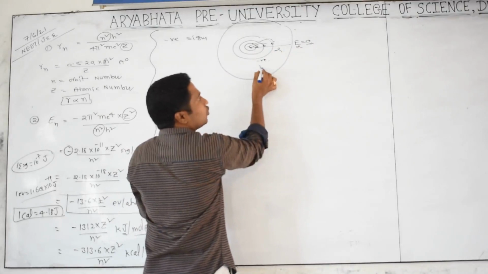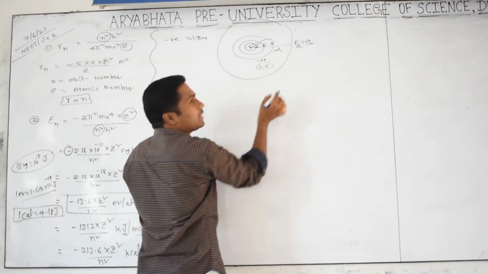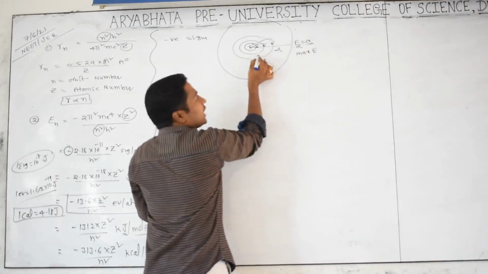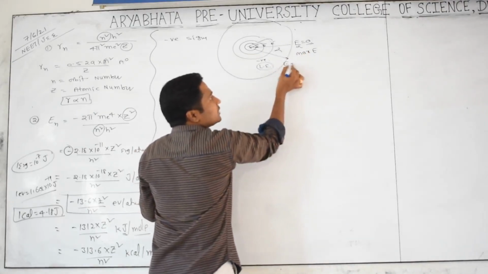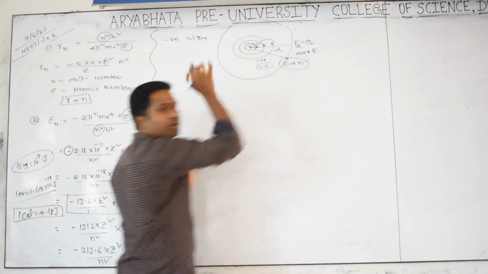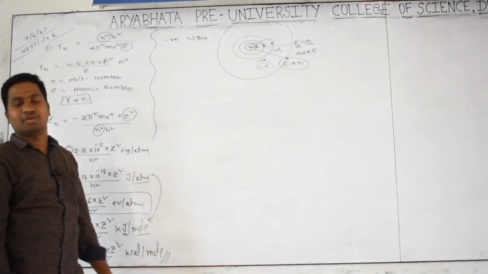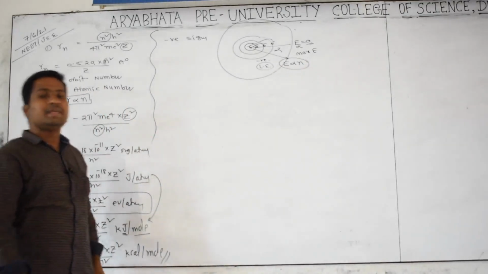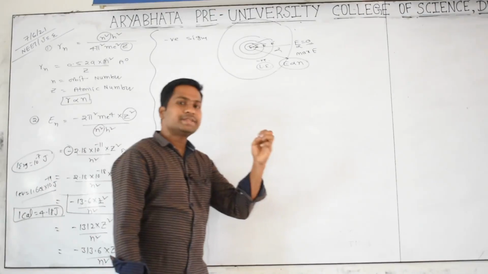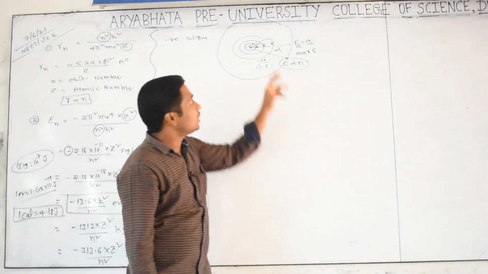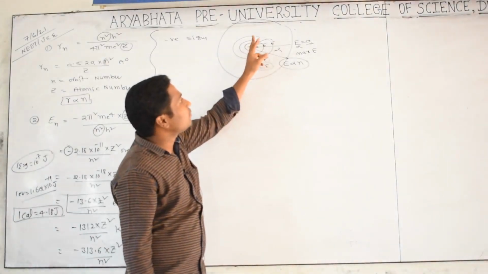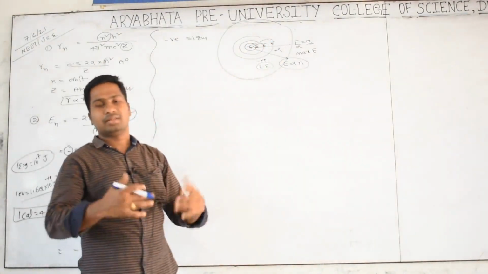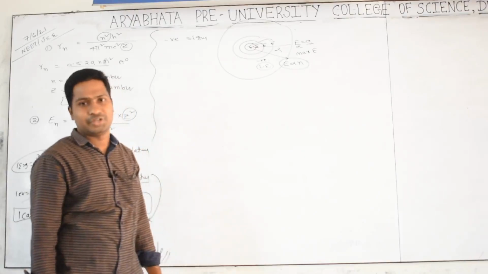Negative value means lower energy. So now what we can tell, this is the maximum energy. As we go away from the nucleus, the energy of the orbit will be going on increasing. It is a very important point. So if you want to ionize the atom, we should take the electron from its present situation to the infinite orbit. Then the energy difference is the ionization energy.